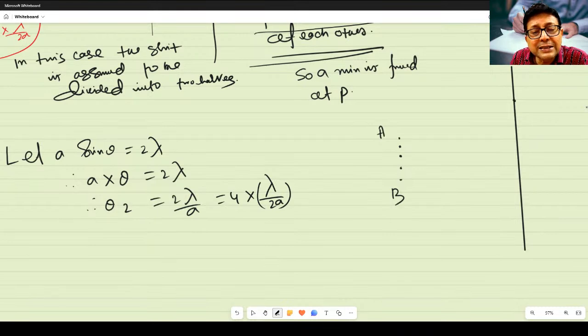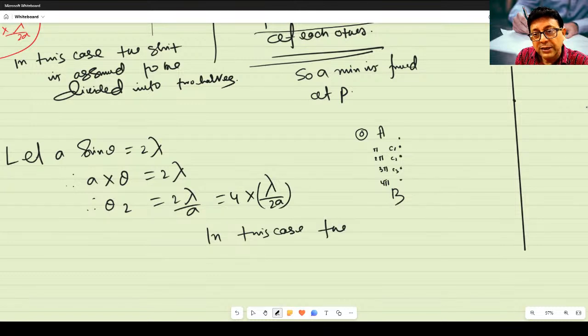So how do I write? In this case, here you take 0, here you take pi, 2 pi, 3 pi, 4 pi. Okay. Why am I taking this? Because phase difference pi means they are in opposite phase. So here the parts I am taking like this: C1, C2, C3, and this is B. Okay.